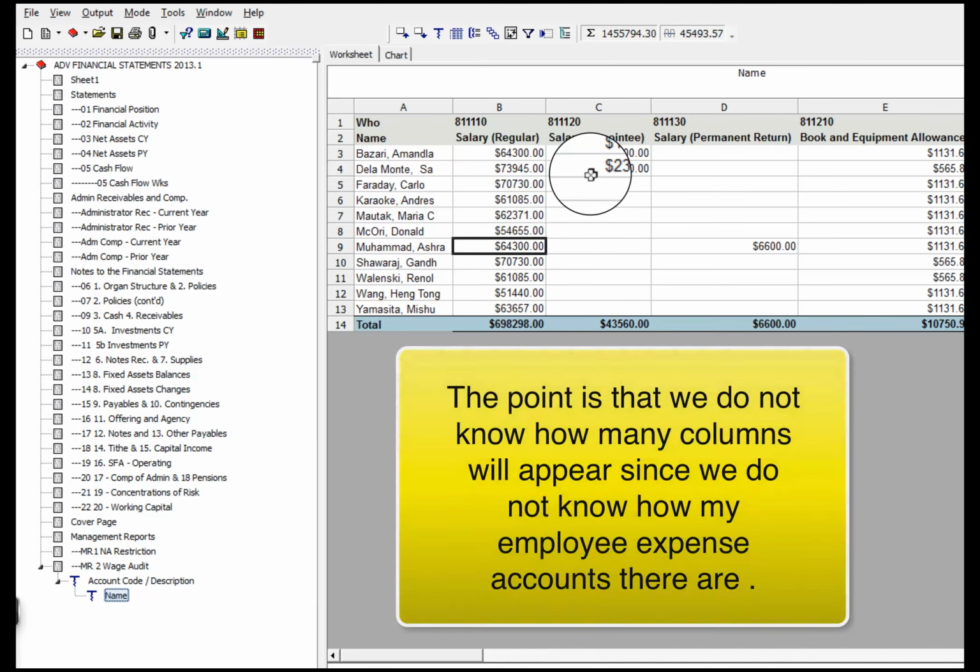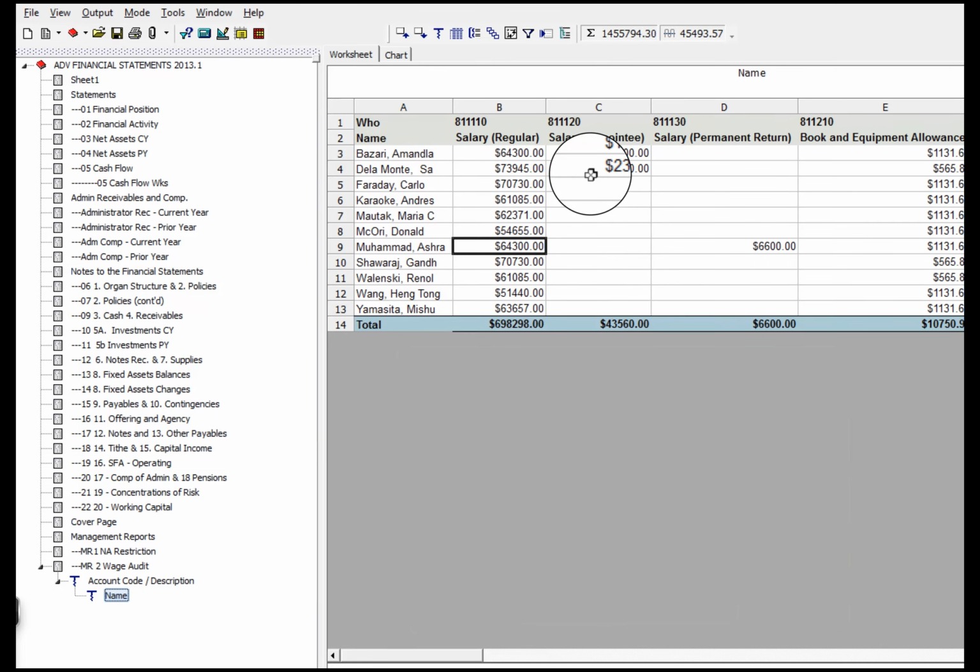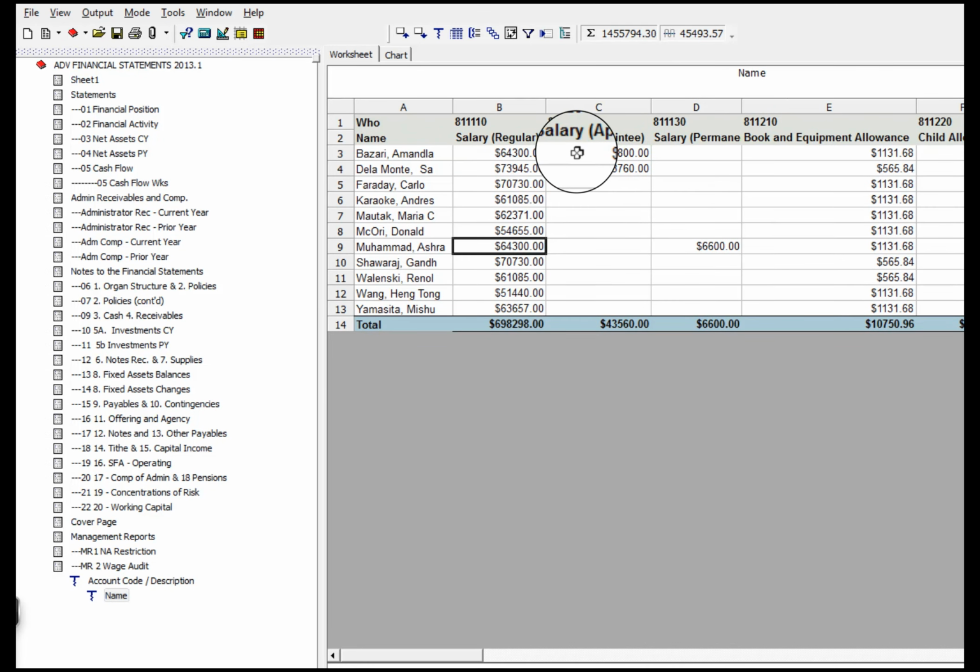Now let's make sure before we jump right into solving that problem that I state the problem one more time, just to make sure that we are all on the same song sheet. It's no problem making this report if I know the columns. I could make the columns, write a query that references the columns, and then expand it by who. You see, I could write a query here that looked up on that account, and then I just make it all the way across and I expand it by who.